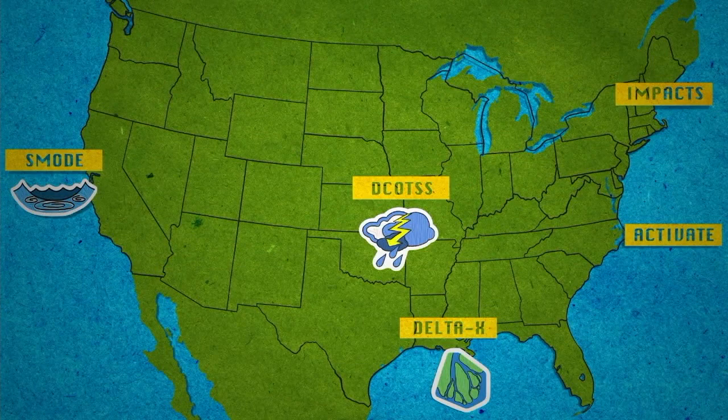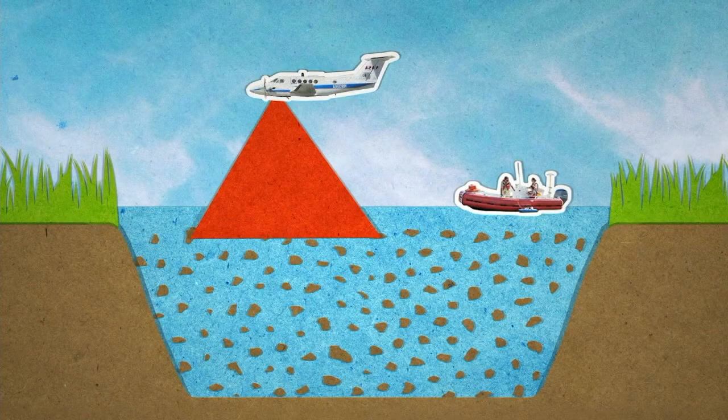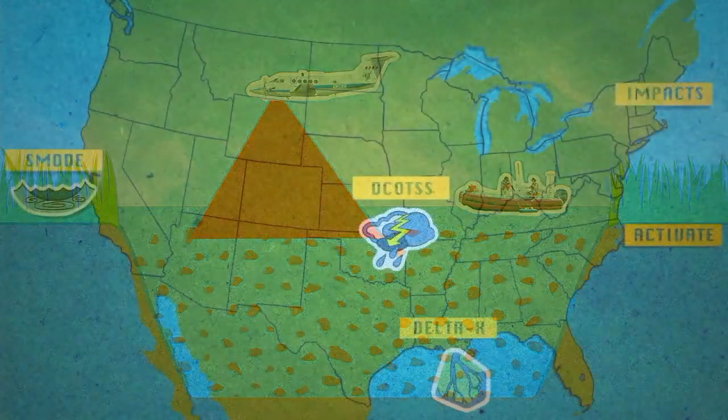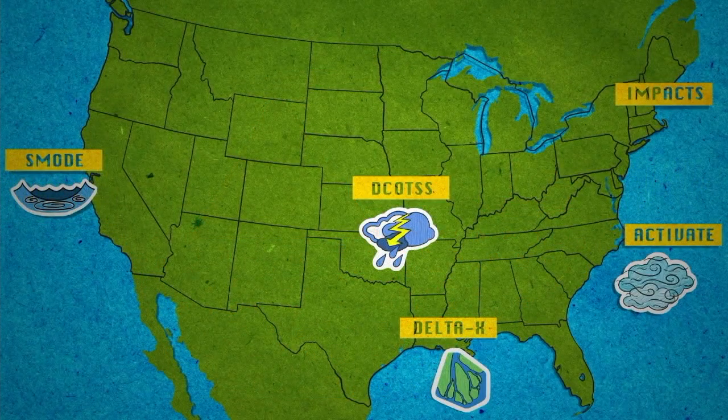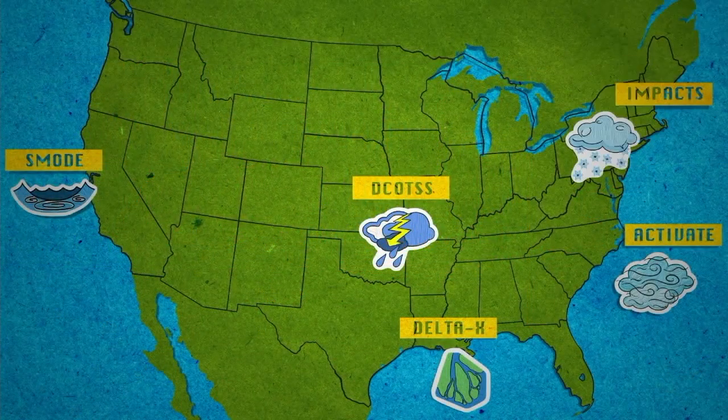Flying out of New Orleans and NASA's Johnson Space Center, NASA aircraft will join researchers on board for the Delta-X mission to observe the interactions between water and sediment in the Mississippi River Delta to get a better handle on why some parts of the Delta are disappearing and others are not. From Langley Research Center in Hampton, Virginia, NASA aircraft with the Aerosol Cloud meTeorology Interactions oVer the western ATlantic Experiment, or ACTIVATE, will maneuver in and around clouds to identify how tiny particles called aerosols interact with them and influence